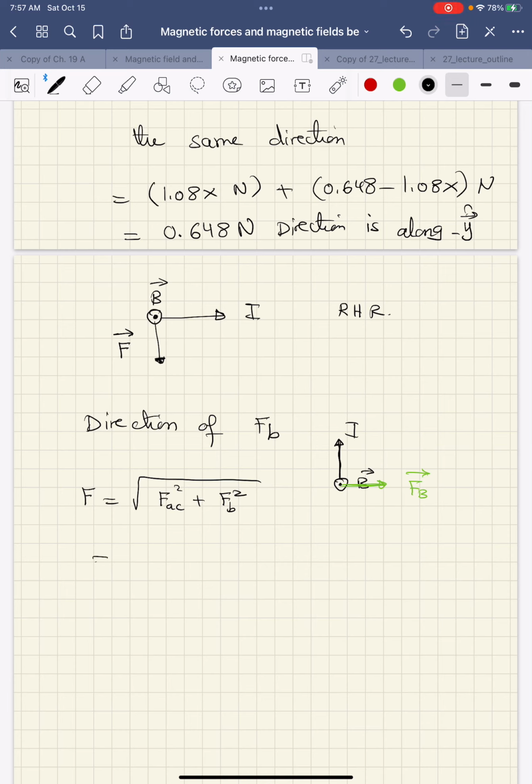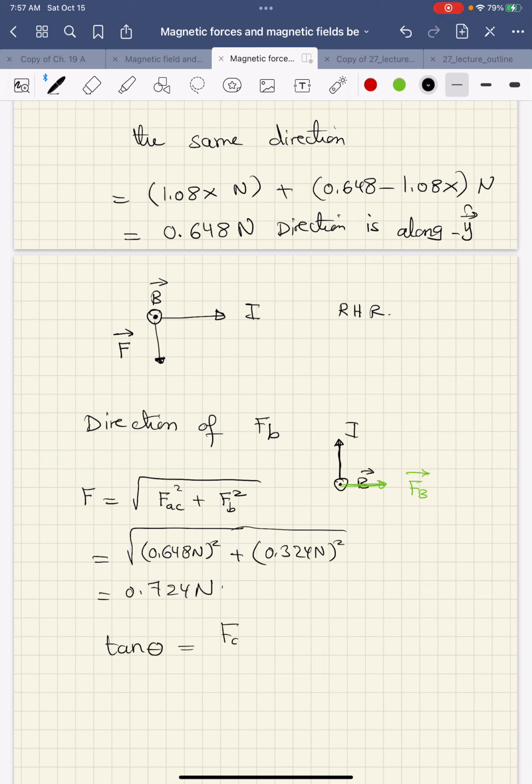From that, I will be able to calculate the magnetic force. Its magnitude is 0.724 newtons, and I can also find its direction by determining the angle,